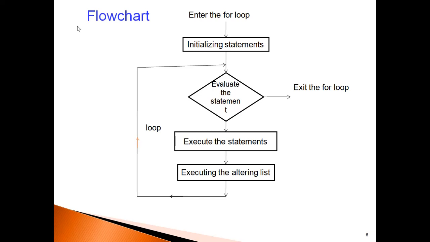If the condition is true, it executes the body of the for loop. It executes the instructions under the for loop. After executing these statements, it increments or decrements the variable. Then the control passes again to the beginning of the for loop. It checks the condition. If the condition is true, it repeats the process. If the condition is false, it exits from the for loop and executes the following instructions of the program.